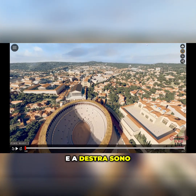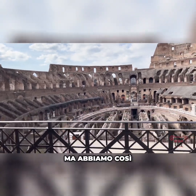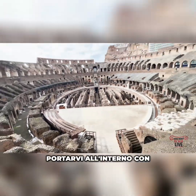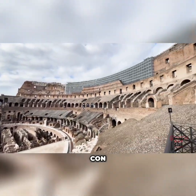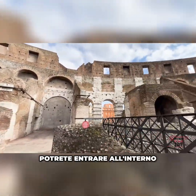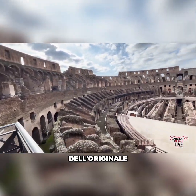And to the right, it's the Baths of Titus, and they were contemporary with the inauguration of the Colosseum in the Flavian era. Of course, you don't have pretty much anything of the Baths of Titus preserved, but we have so much of the Colosseum. So we love to take you inside with Ancient Rome Live. With the reconstruction, the virtual reality program, you'll come inside and see an accurate restoration and reconstruction of the original